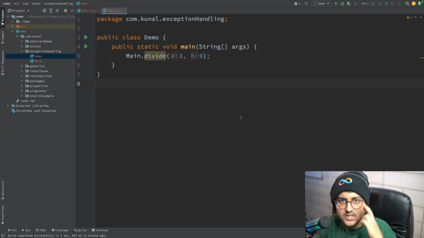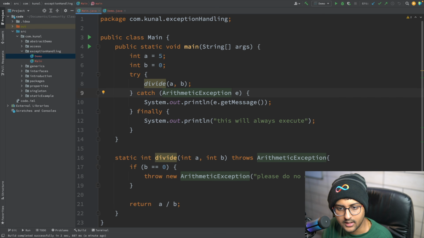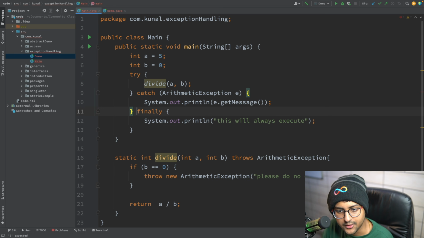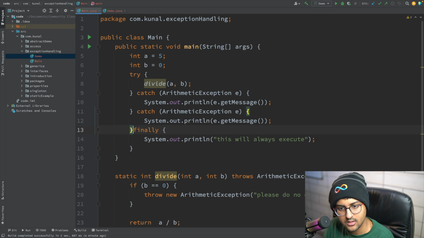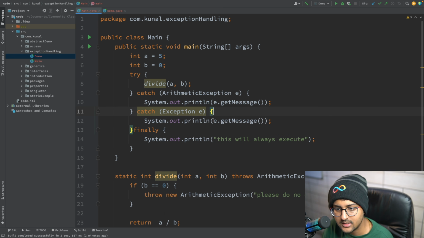Let's move forward then. These are the 5 ones. You can also add multiple catch blocks over here. So you can say catch an arithmetic exception like this, and I'm just going to copy paste this and catch another, a normal exception.